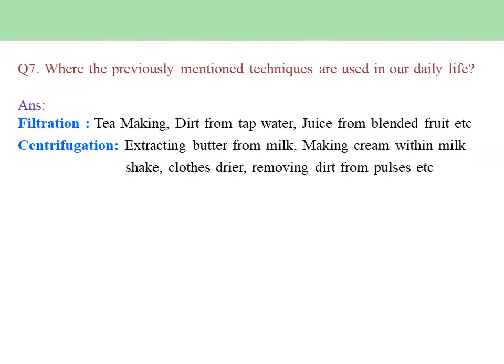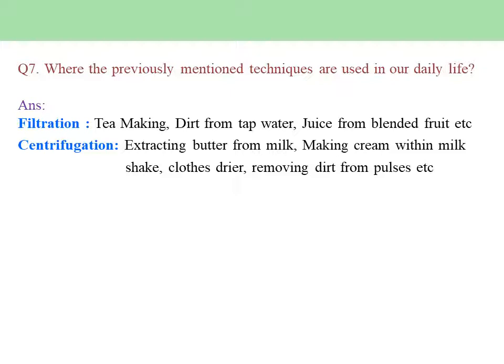Wow. Making cream with a milkshake. We prepare milkshake with the help of mixed grinders and blenders. When we blend that, after a certain point of time we see some white foamy substances floating at the top. That is basically the foam of the cream, which separates from the milk and floats to the top. Clothes dryers and washing machines we have already discussed.